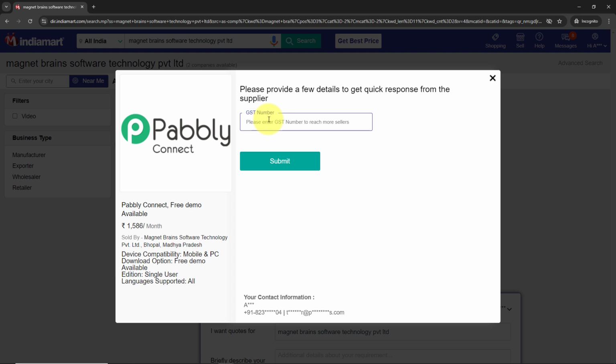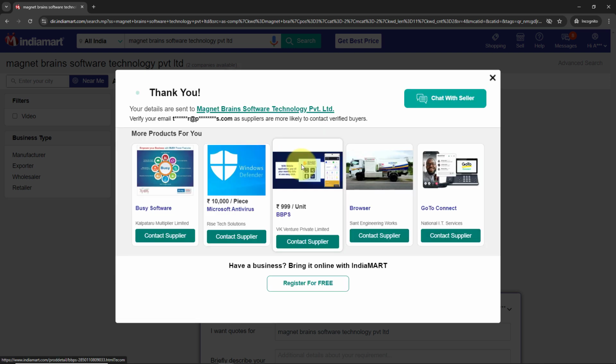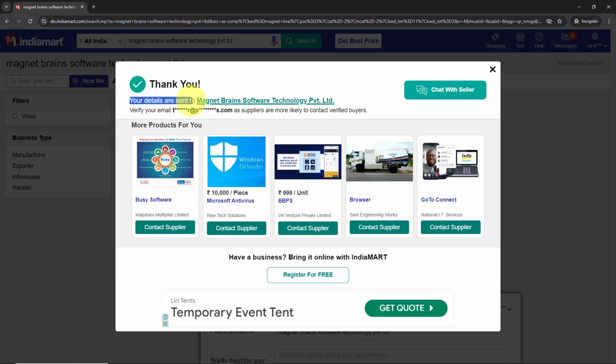After clicking on submit, it is going to ask for the GST number. So for the GST number of my business, I'm going to write in a number right over here. This is a dummy GST number. Then I'm going to click on this submit button. As we do that, you can see it says your details are sent. As the details of the new inquiry being sent have been shown on the screen right over here,